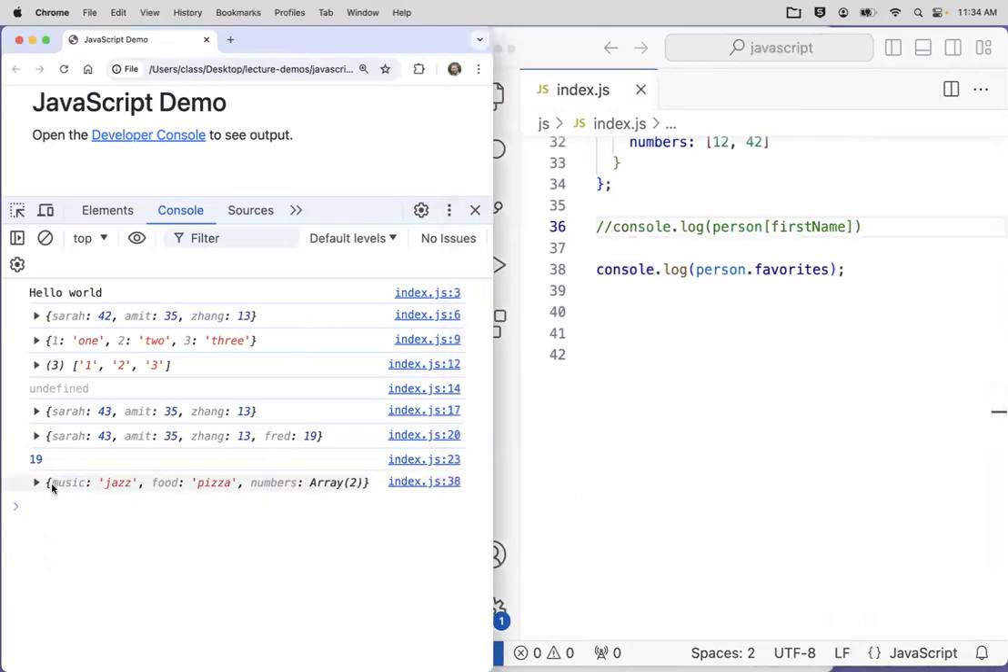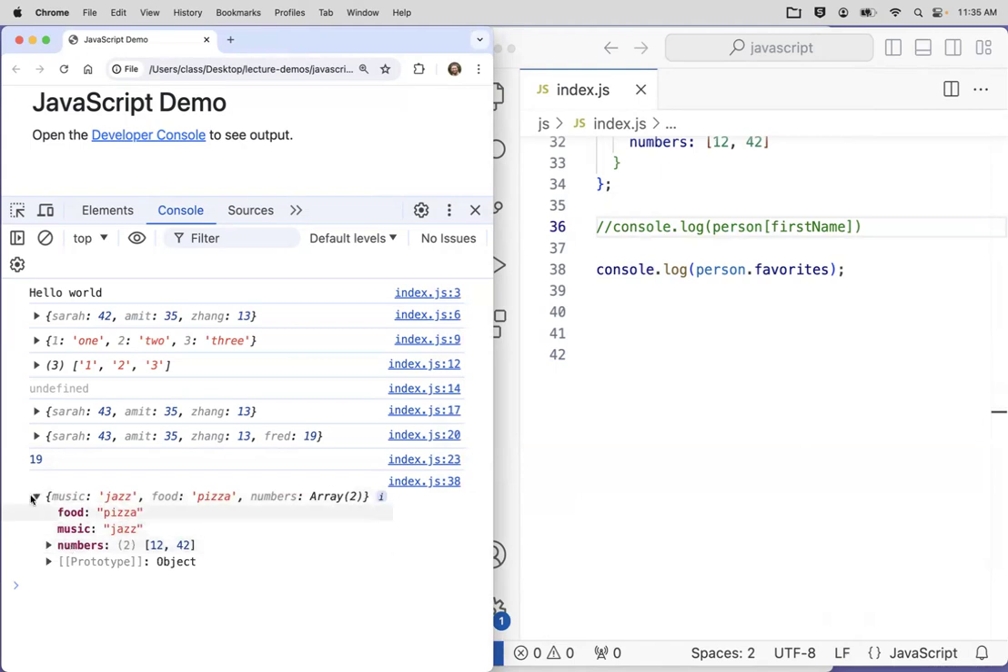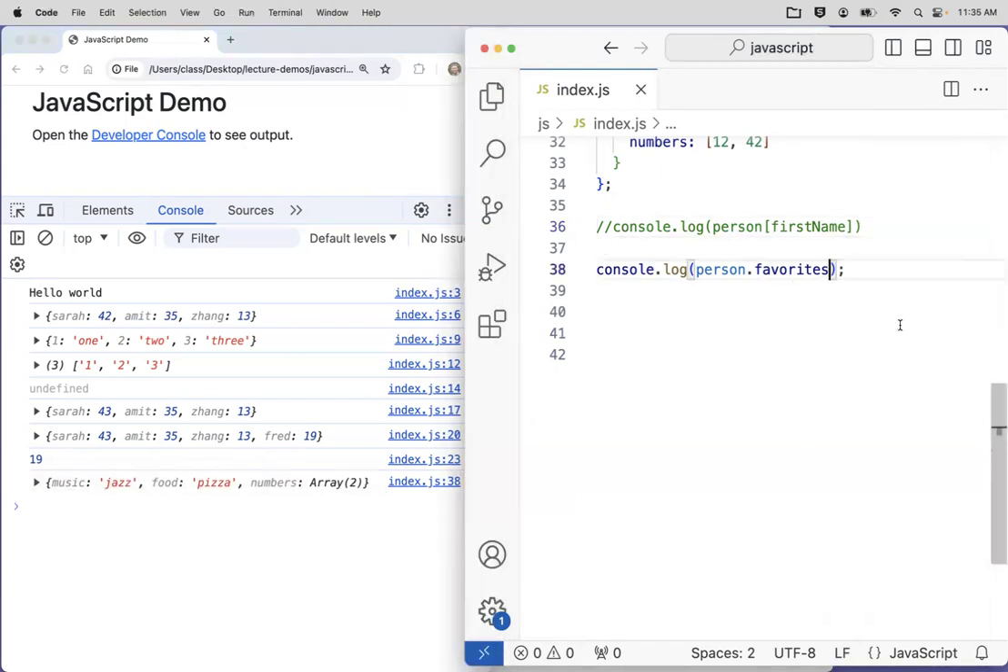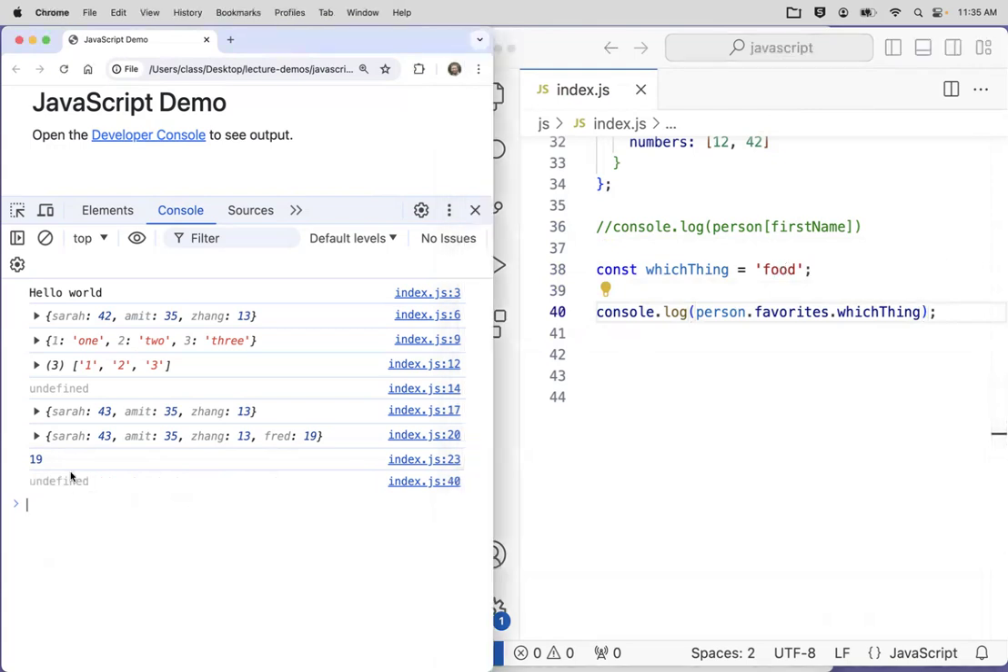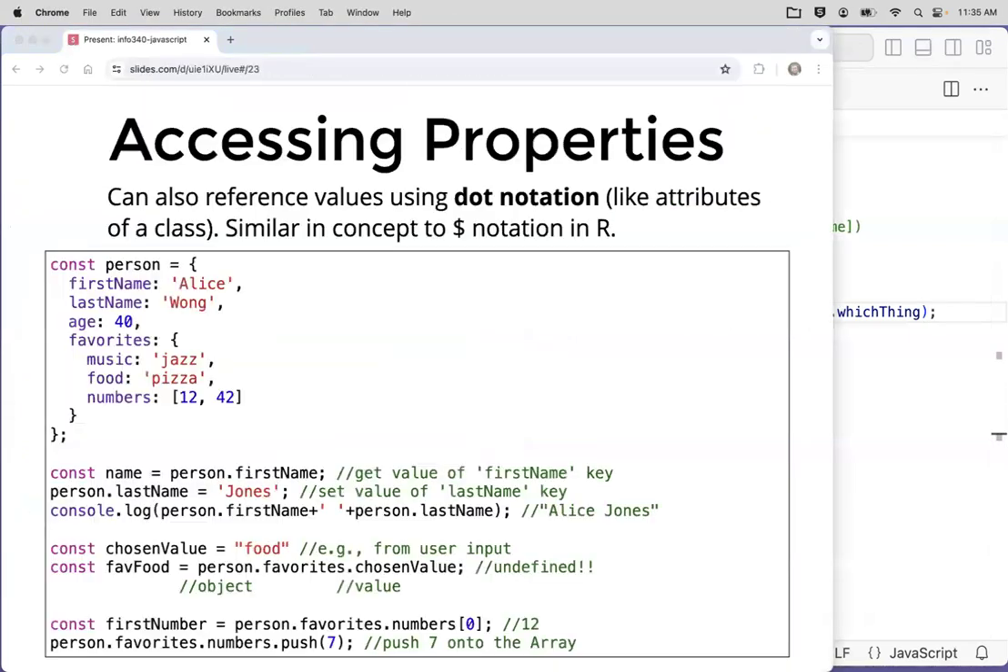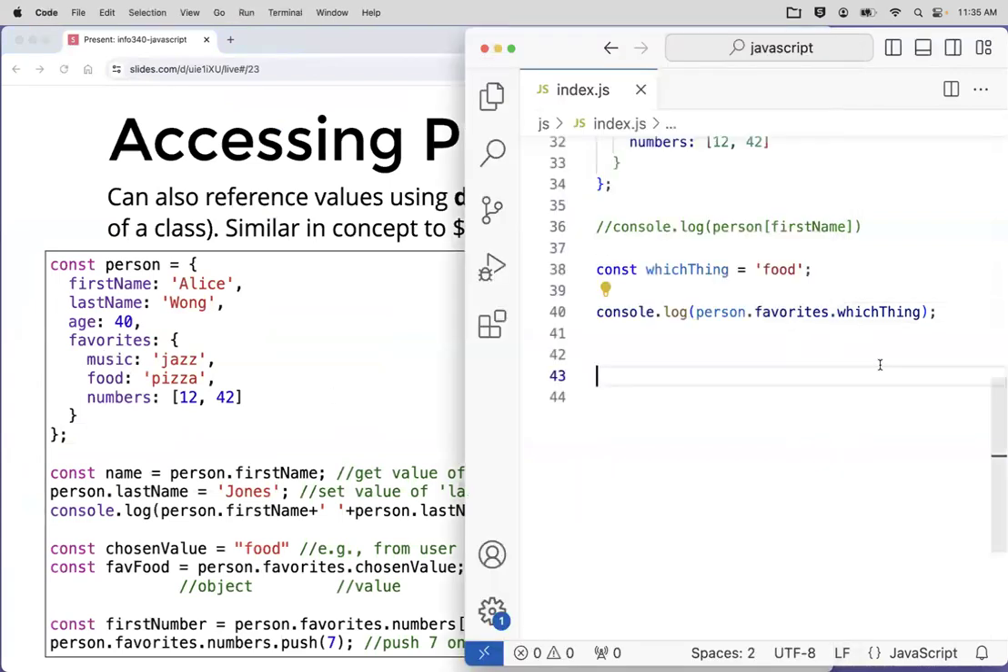Right, my person's favorites is an object: music, food, numbers. And then I want to indicate which thing I want to get. I want to say which thing. And we'll make a variable here, right? Const whichThing can be food, right? This is my user input. I said which index do I want to access effectively. If I say person.favorites.whichThing, and I want to get what's their favorite food, the value I'm going to get here is undefined because what that's looking for, in my person's favorite things, is a key that is